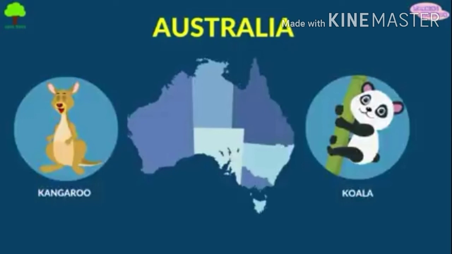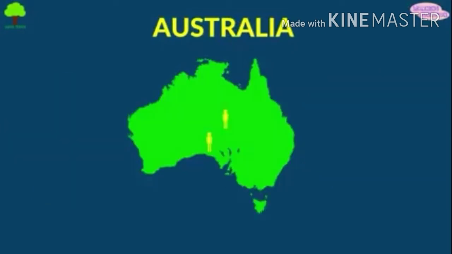The majority of Australia's population is found on the east and southern coast. The rest of this continent has just barren land or desert. Animals such as the koala bear, lemur and kangaroo are native only to this continent.